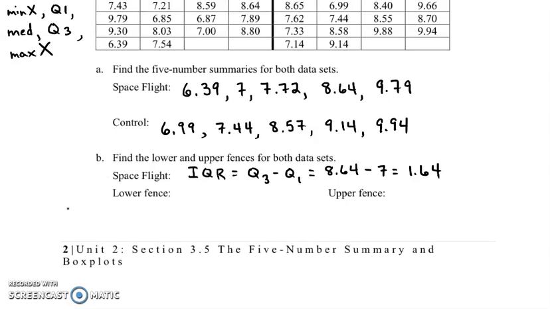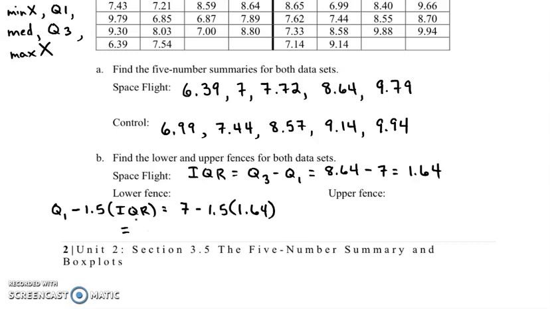The lower fence is Q1 minus 1.5 times the interquartile range. So we have 7 minus 1.5 times 1.64, which gives us 4.54. And the upper fence is the third quartile plus 1.5 times the interquartile range, which gives us